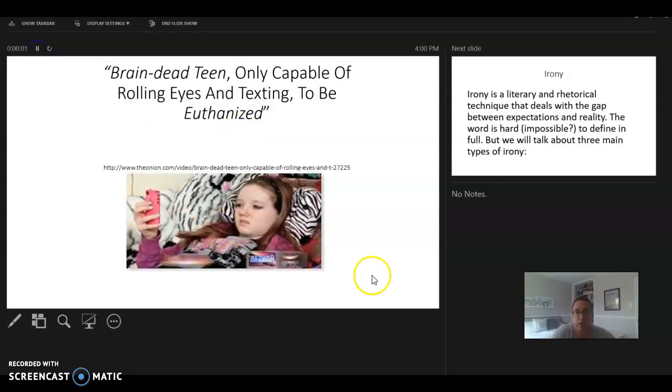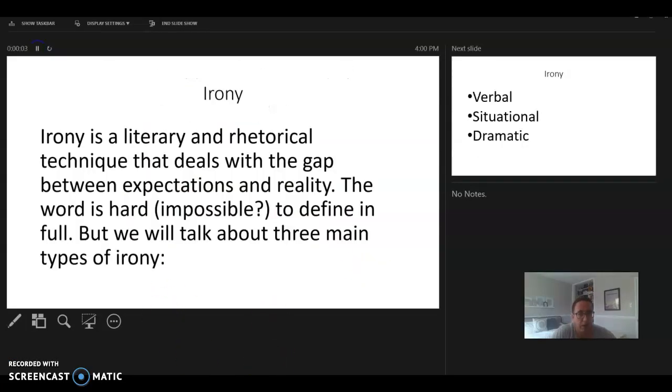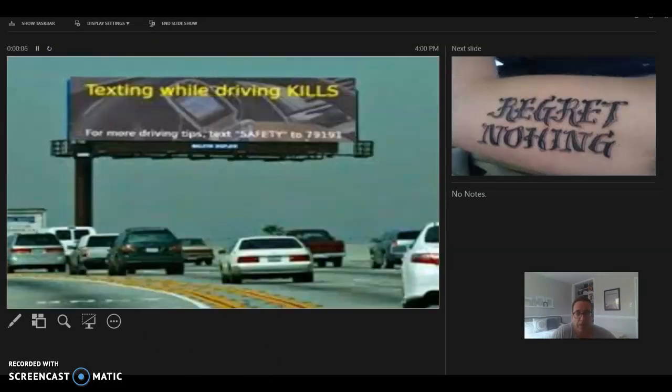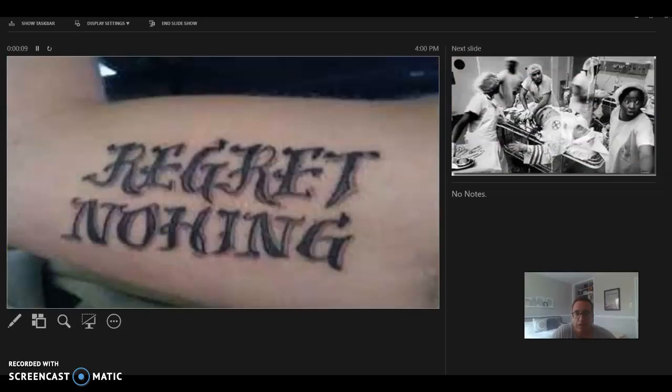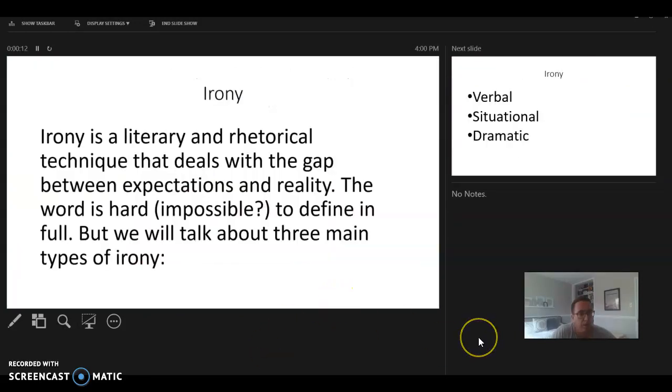And of course, what we're talking about here is irony, right? We saw an example of these different kinds of irony going on here in all these different texts and videos. So irony, we can define it. Let me note before I get into this, irony is a notoriously tricky thing to fully define. There are scholars who would say that this is far too simplistic, doesn't cover certain things. And that's fine. We're not here to totally nail down the concept of irony. We're just here to discuss it in a general way and use these ideas to help us think about some of the stories that we're reading and writing this semester.